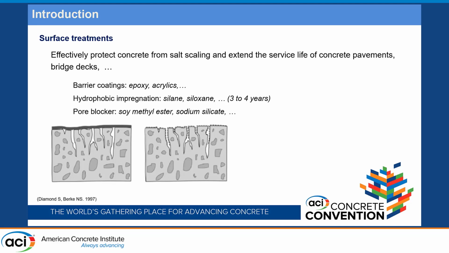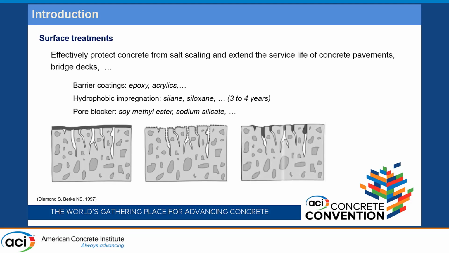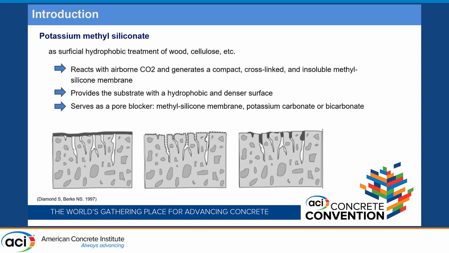The third one we call is pore blocker. For example, some silicate. For those kinds of sealer, it will generate some gel product on the surface and block the pores and then hinder the transportation of water in the matrix. Of course, some sealer plays all of those three roles, and here we introduce a promising candidate, the potassium silicate,